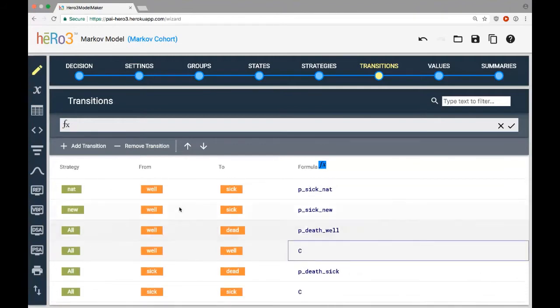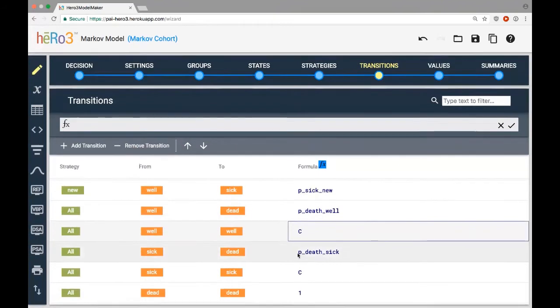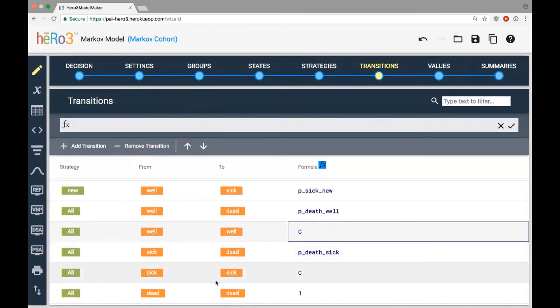And so now all the transitions from the well state for both strategies will sum up to 1, because this will take on the value of 1 minus the other probabilities. And down here you can see we've defined the other possible transitions from sick to dead, sick to sick, and then dead to dead. And so that covers our transition matrix for both strategies.